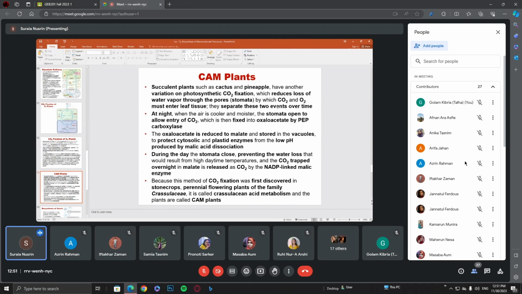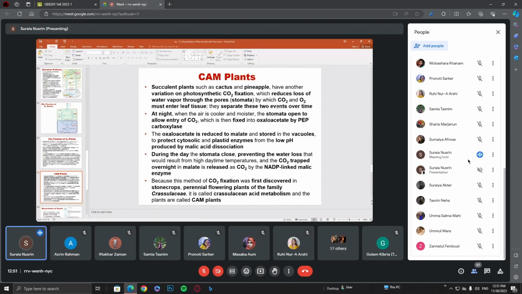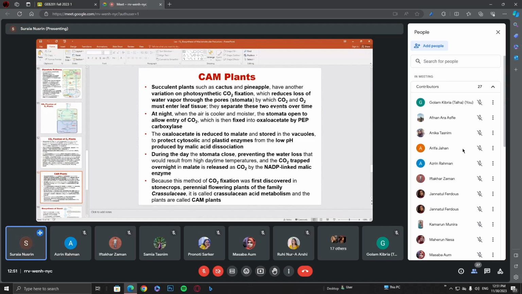That means the carbon dioxide at first will be converted into bicarbonate, and then it is fixed into, sorry, oxaloacetate by phosphoenol pyruvate carboxylase. Okay, now in the next step, we have seen that the oxaloacetate is reduced to malate, but during the night, this malate is stored in the vacuoles. Okay, they are stored in the vacuoles. They are not released. Why are they not released? Because in that situation, if they are released, they actually can interfere with the